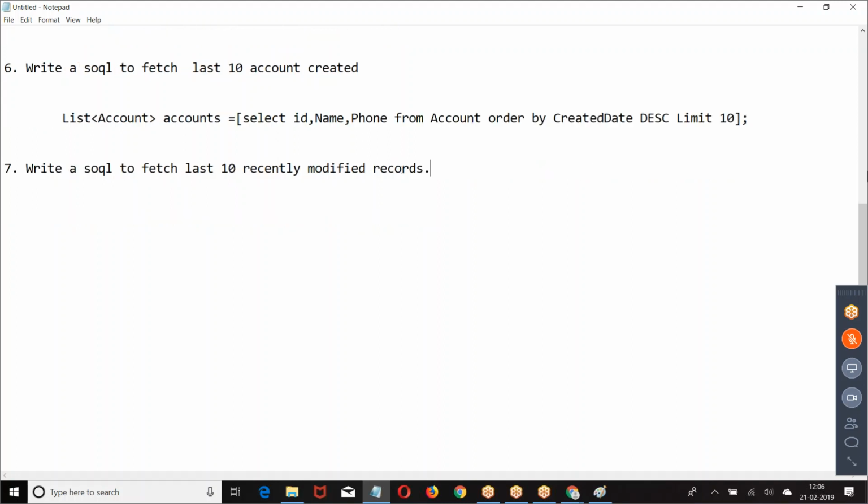Then how did you get these records? List of account is equal to select Id.